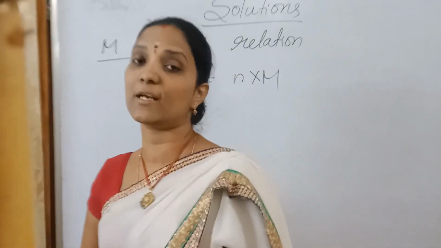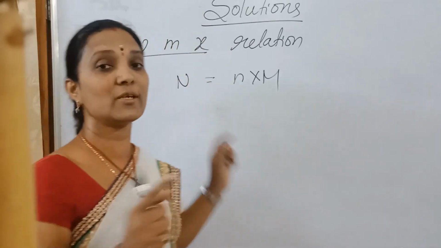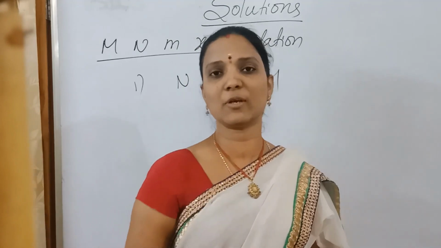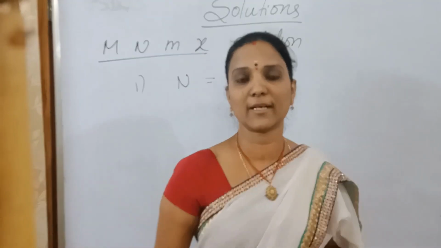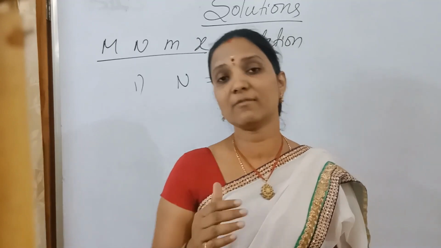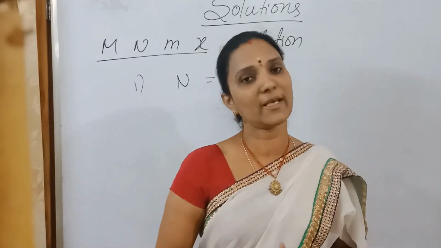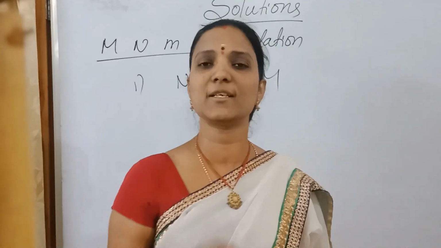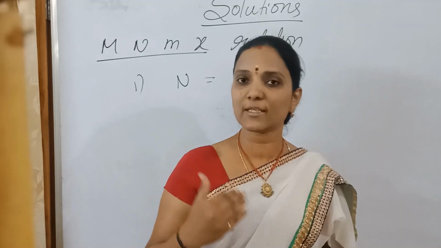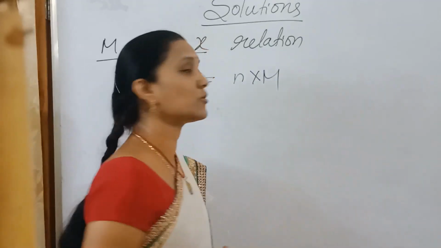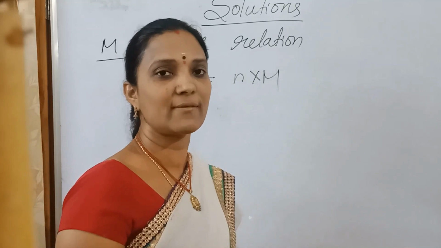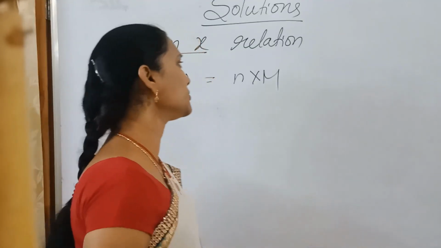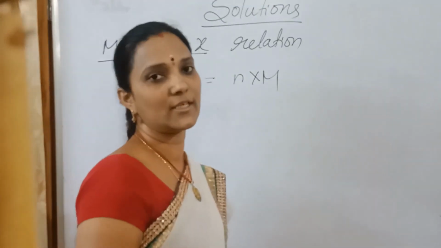So the relation between normality and molarity is very important, because in the last video I also told that if any neutralization problem is given, they will give molarity, but don't use the molarity formula directly. What is that formula? M1V1 by n1 is equal to M2V2 by n2. So don't use that formula. First convert the given molarity to normality, that is the easy method, then solve the problem. For neutralization problems, follow this normality method only. Normality is equal to n into M. This is the relation between molarity and normality.